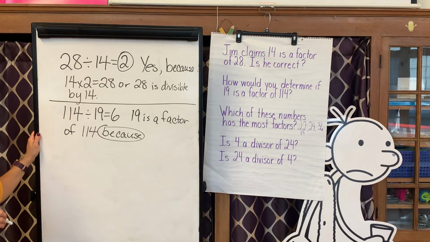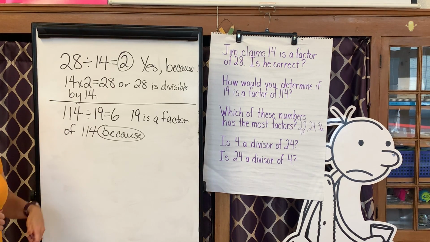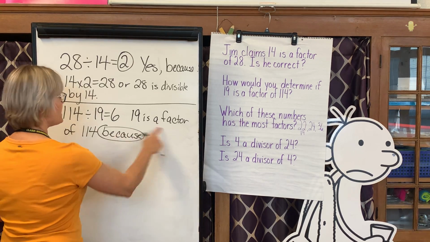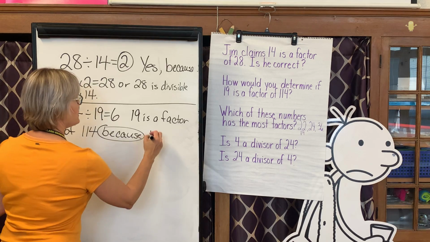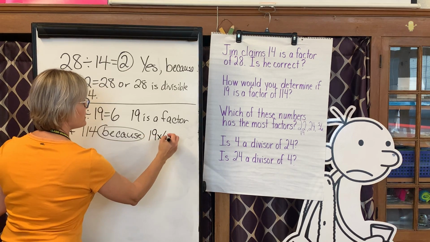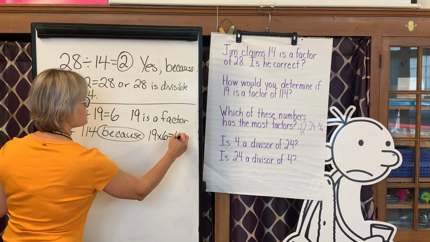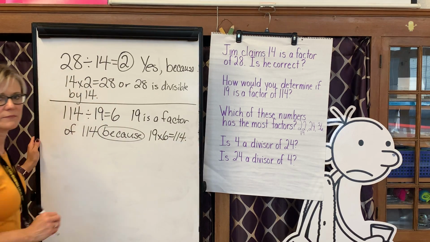Hopefully you've learned these words. Okay, these are glue words, these are conjunctions that glue on the answer. All right, 19 is a factor of 114 because 19 times 6 equals 114. All right,